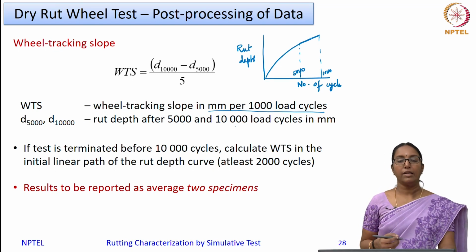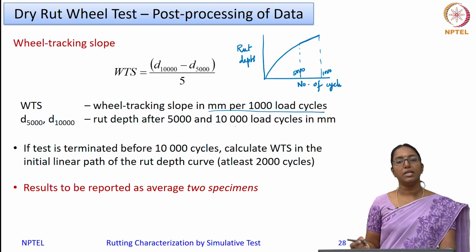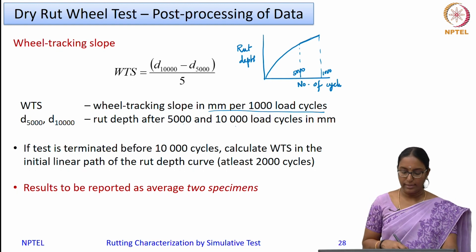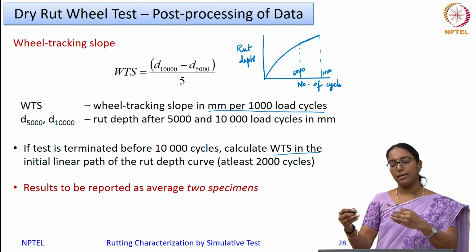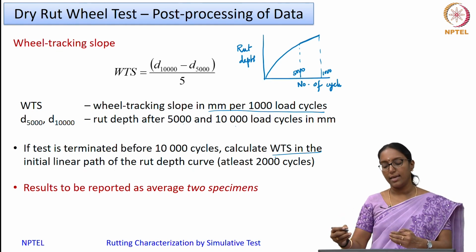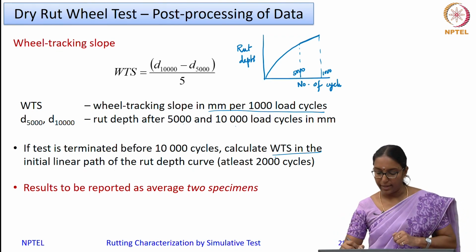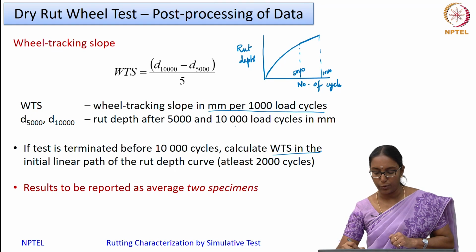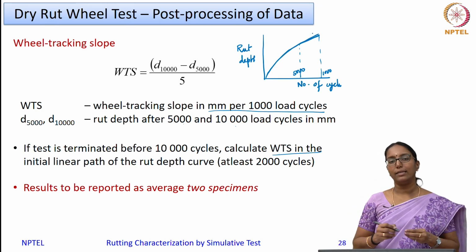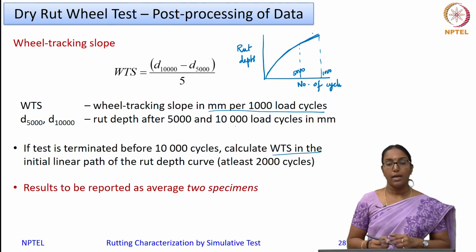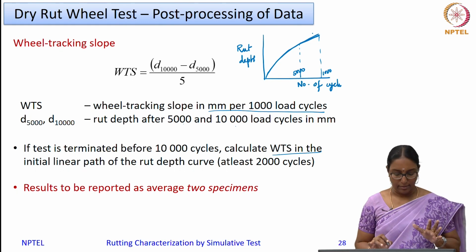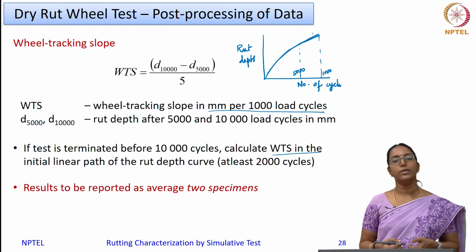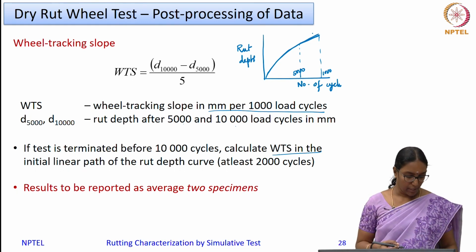Now, in case the test is terminated before 10,000 load cycles, then you can calculate this slope again towards the end, or when you see the straight line portion of rutting. See, initially there is a curved portion and somewhere it reaches a straight line. So, in that straight line portion you can take the slope, but for that you need at least 2000 cycles to be completed in the test. Okay. Again, this also has to be reported as an average of 2